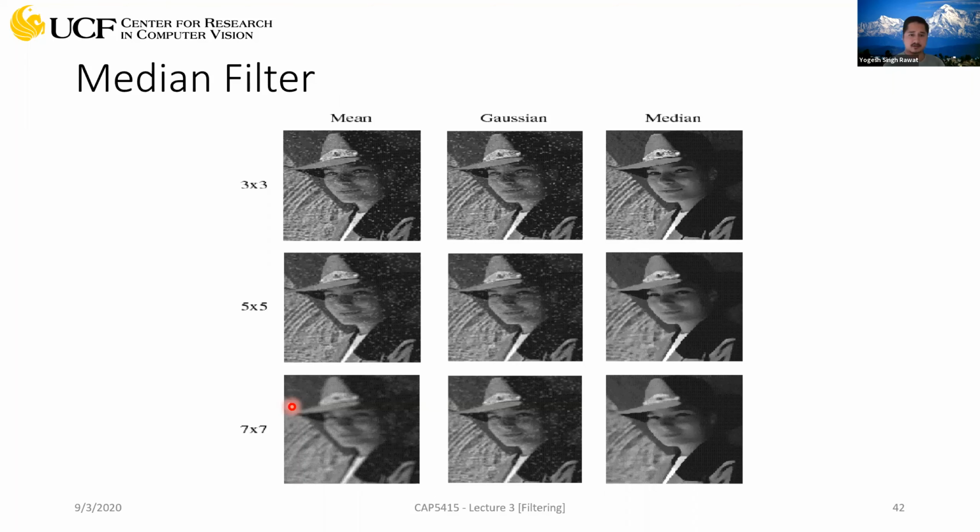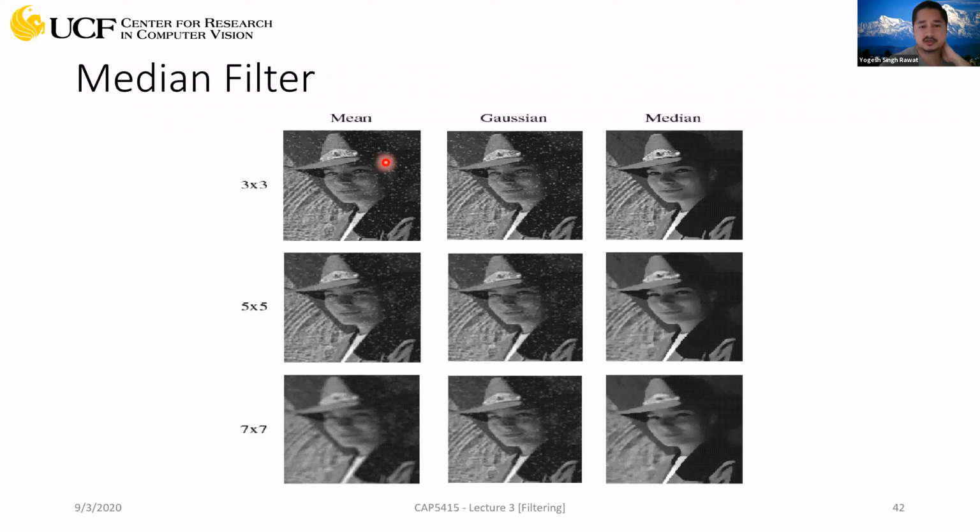Okay, so this also tries to explain this. We have this salt and pepper noise in this particular image. If you're applying a 3x3 filter, and then increasing the size of the filter. This is using mean filtering. In this case, the mean didn't change anything, but as we increase the size of the filter, you can see there's a lot of blur here. With Gaussian, even if you use a higher size filter, you don't have that much blur, but still there is some noise.